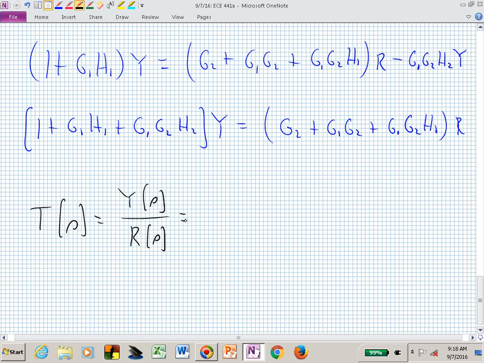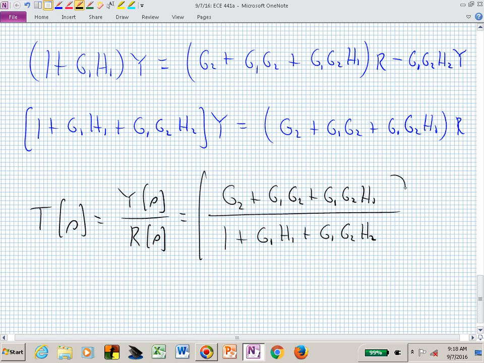I'm going to divide both sides by R and divide both sides by that bracketed expression that scales the output Y. In the numerator, I now have g2 plus g1 g2 h1, and in the denominator I have 1 plus g1 h1 plus g1 g2 h2, and that is what I was trying to obtain. That's my transfer function,